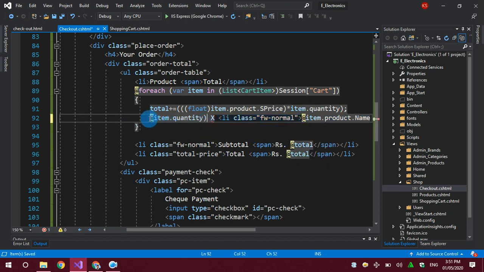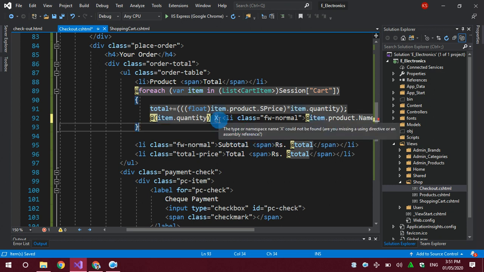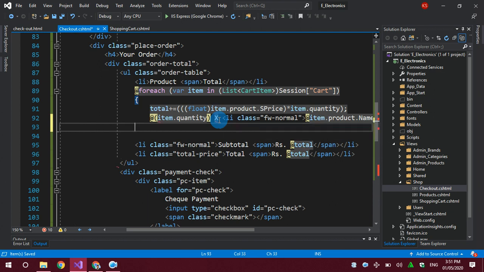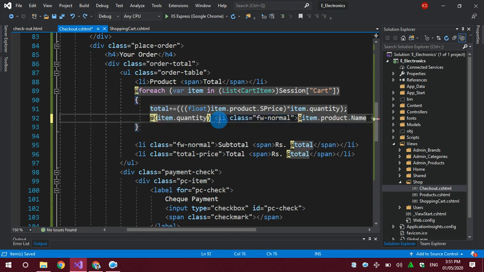We'll close this here. In the list item, I can place the x sign inside this. Quantity multiplied by the list item.